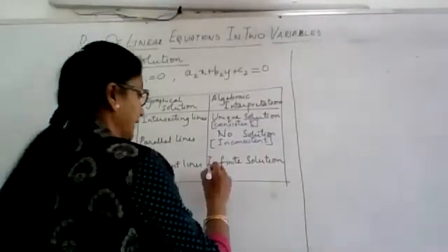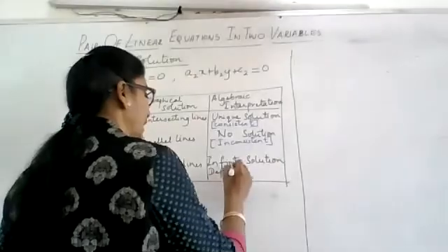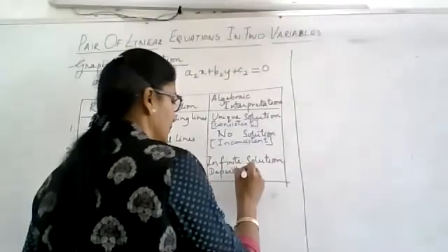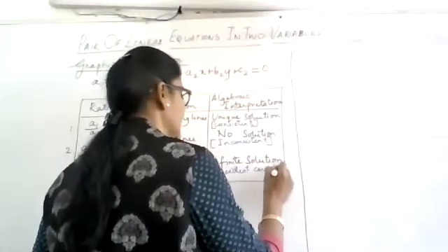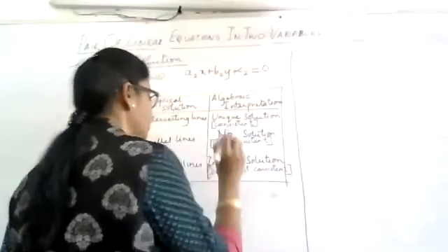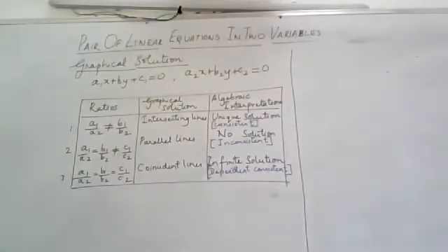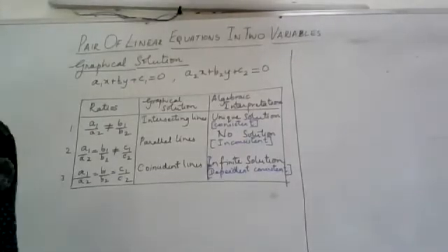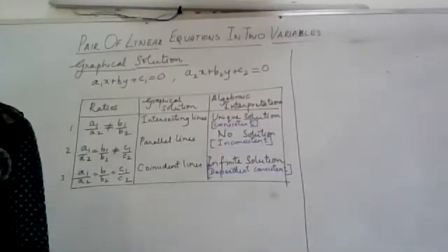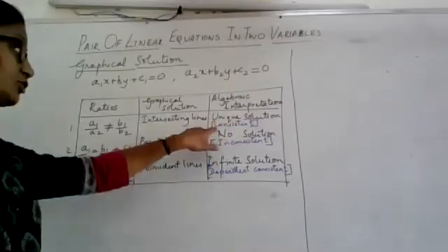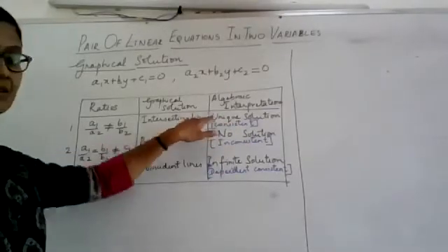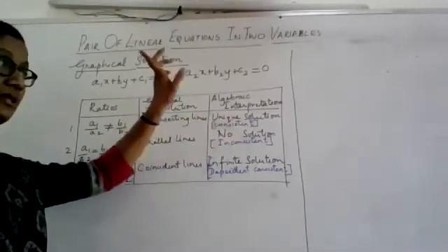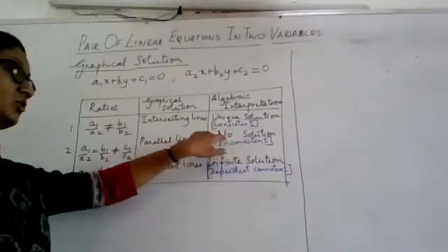That means it depends on the second line. If the second line happens to be on the first line, dependent, consistent. It is not wholly consistent because it is not having a unique solution, but it is depending on the second line to be decided whether there are infinite solutions or only a unique solution. Alright, so now we will continue with our question. This also you must remember because they may not ask in the question whether it is a unique solution or no solution. If they say consistent, you must understand it has got a unique solution. If they say inconsistent, you must know it is no solution.